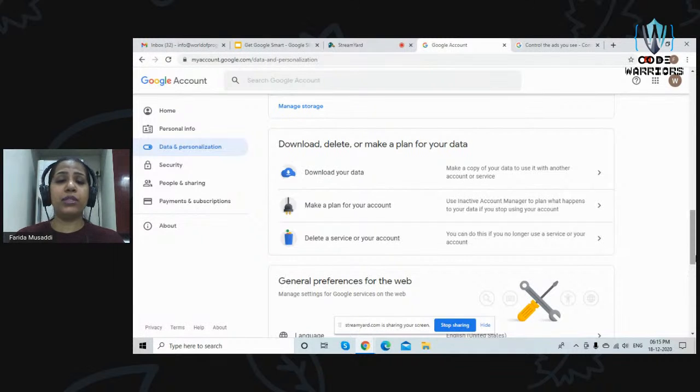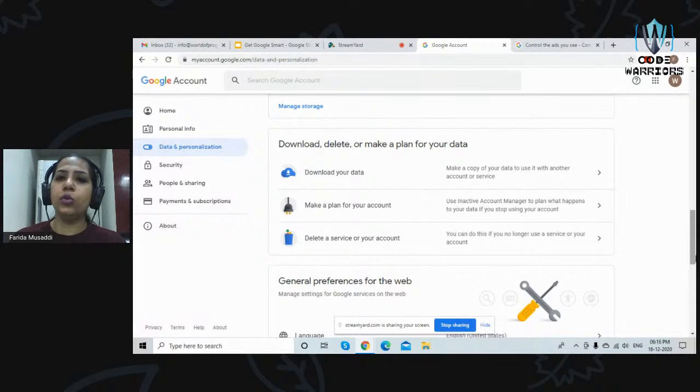So that sometimes what happens, suppose, you know, life is so unpredictable, something happens to you suddenly and you have not shared your passwords with anyone, you have all your confidential data which some of your family members may require. There is no way by which they can access because everything is with you and you are not able to answer.